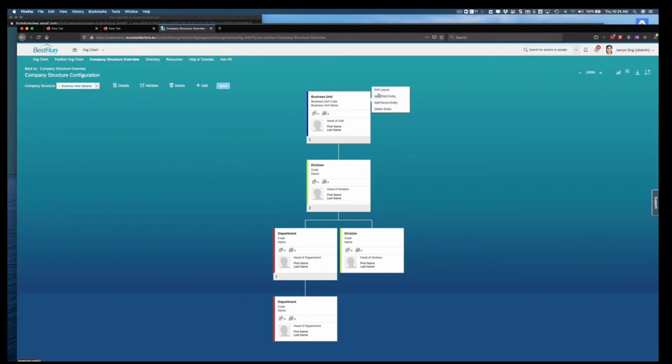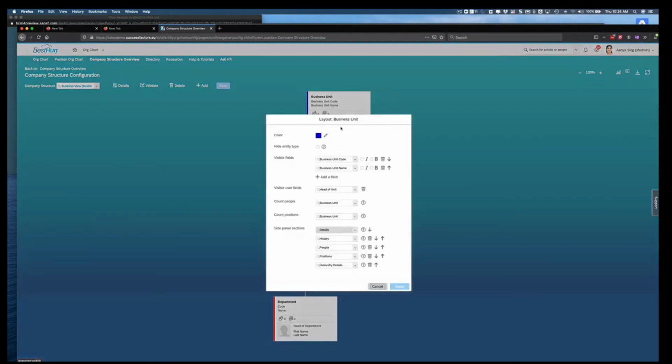I just go to business unit, and then I add the child entity, and then it just only shows me the child associations to whatever that object is. So that's how you add new things. Now, to look at how do I configure what is actually displayed here, that is really simple as well. So I would just go to Edit Layout, and from here you would just define the code. And then normally what I do here is I would put the code and then the name,